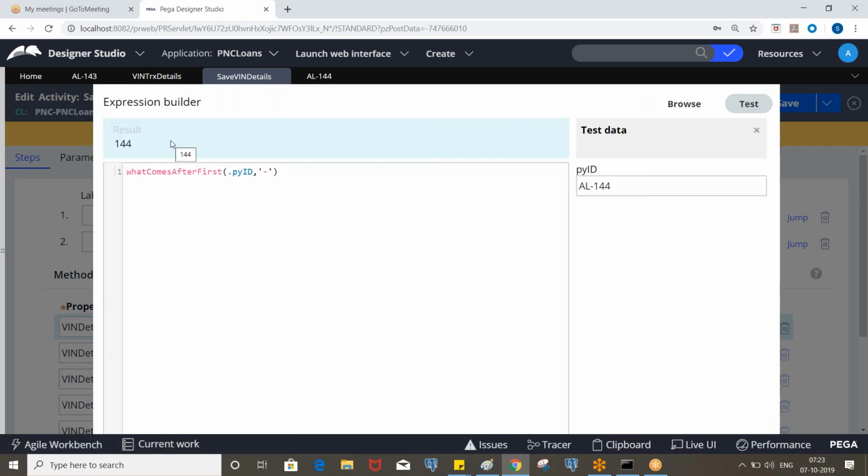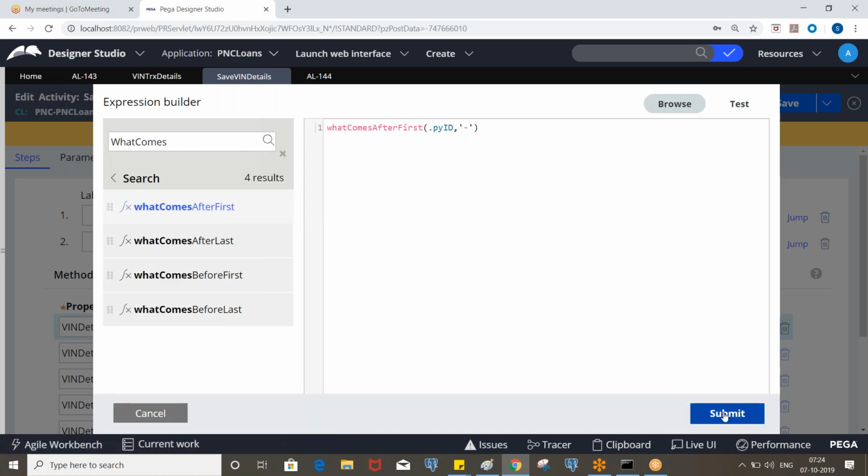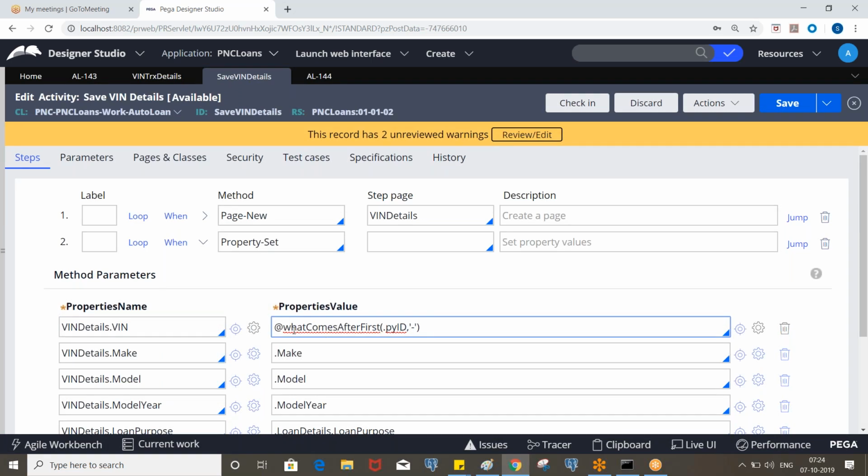So this is the result. We use these kinds of functions mostly. Clear? So submit it, and it will return only 144.